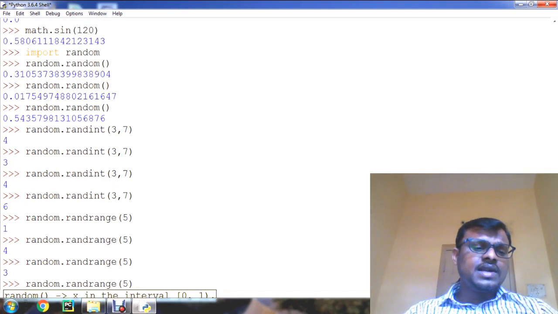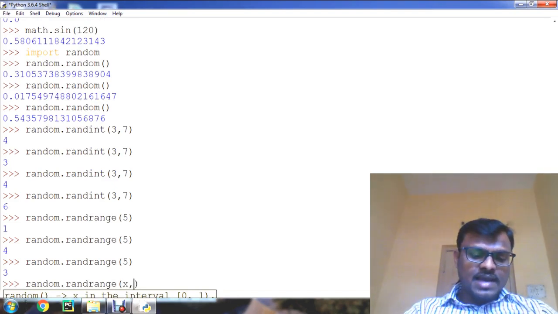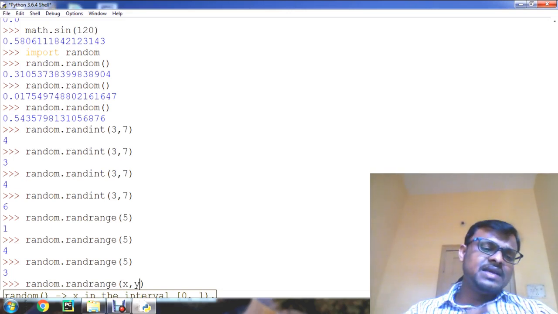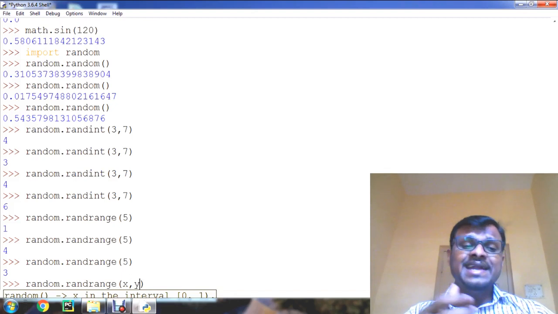We can use the randrange function with two arguments also, like x comma y. Here x and y are positive integers signifying the start and end point of the range, so that the randrange function is going to generate random numbers.